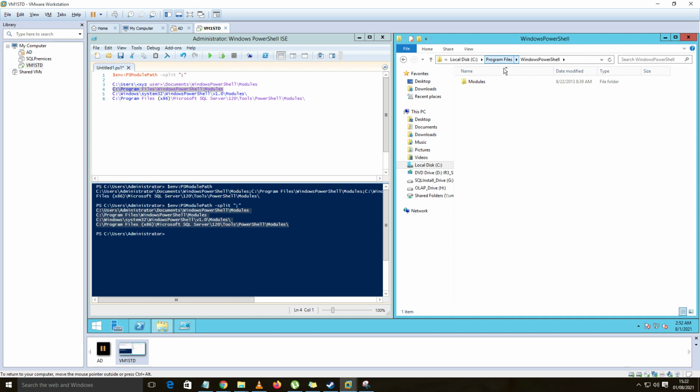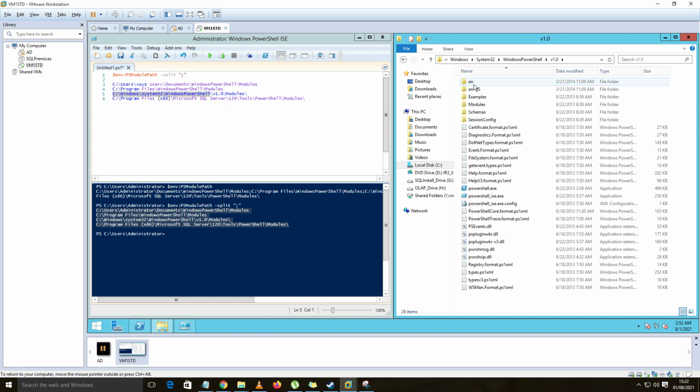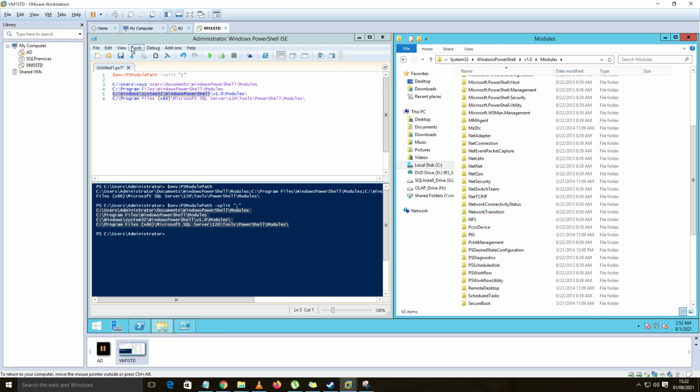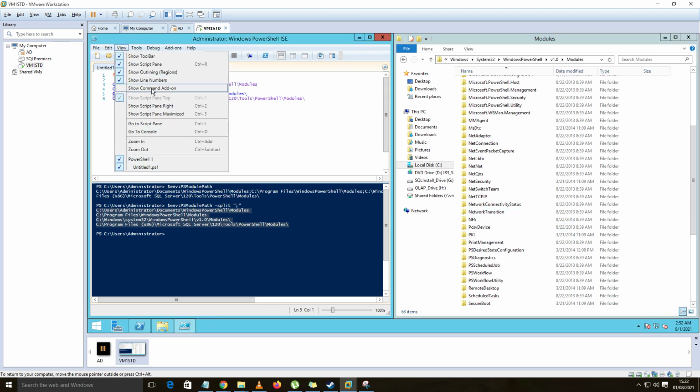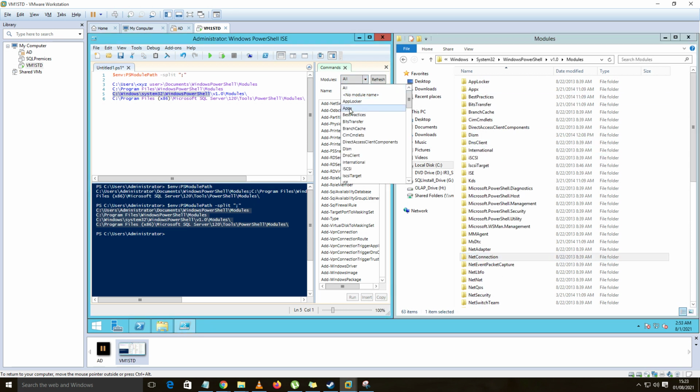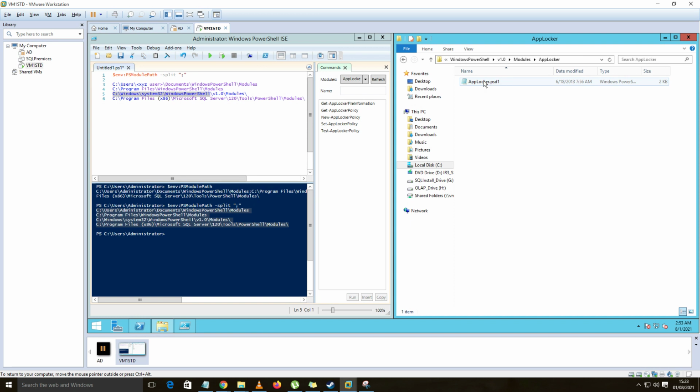Again, this is System32, which also exists, and some default Windows-level modules are already installed here. These are the modules, such as AppLocker and AppSelect. If you list them out, there are some PSD files, and these are the commands available in them.